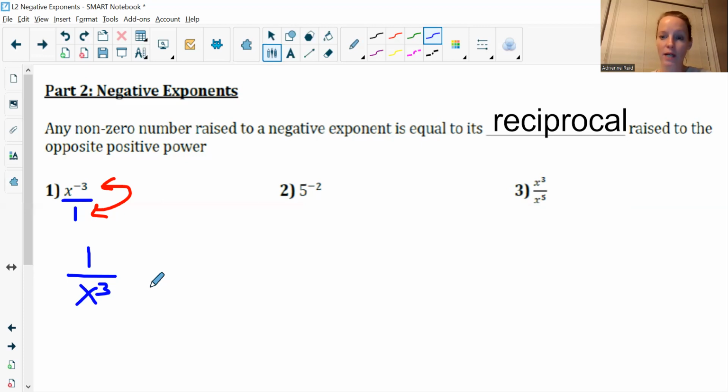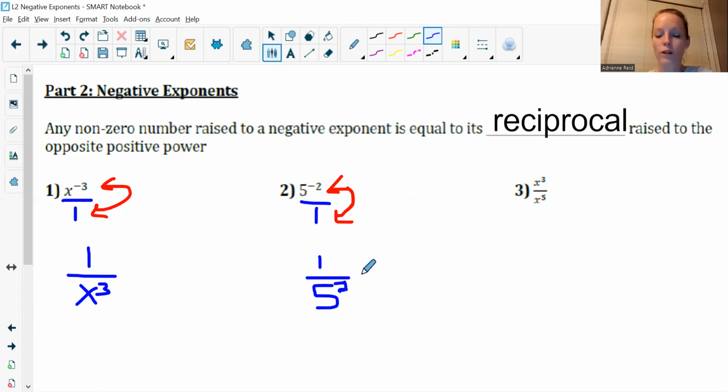If I did have an answer that had negative exponents in it, I'm just going to put it in the opposite part of the fraction. If it was in the numerator, flip it down to the denominator. If it's in the denominator, flip it up to the numerator. So again here, underneath this 5 is a 1. That negative exponent says I'm going to flip this into its reciprocal. So I'm going to have 1 now in the top, 5 to the power of +2 in the bottom,